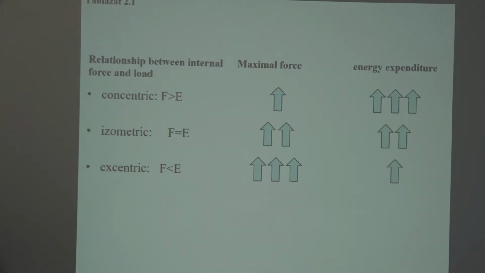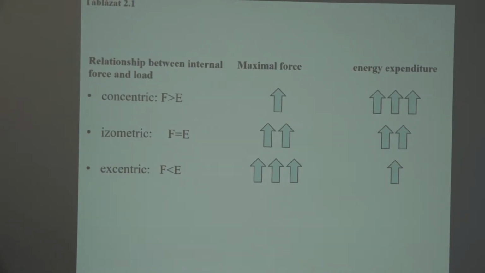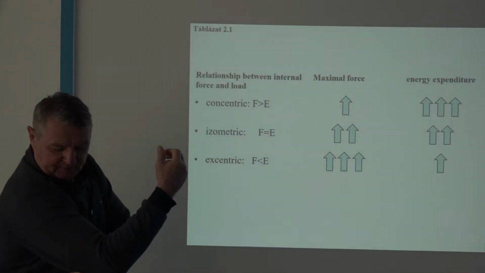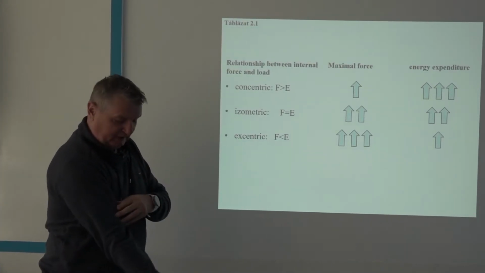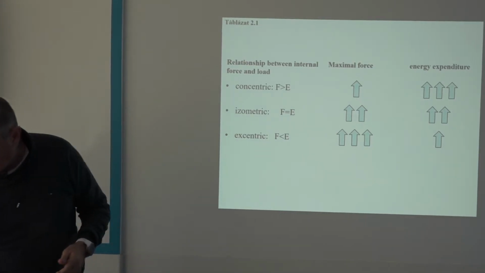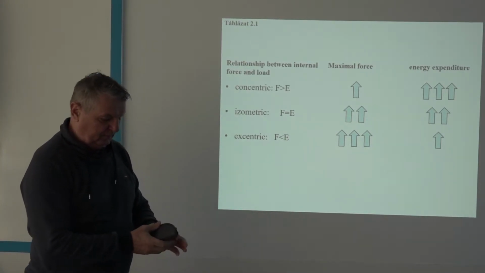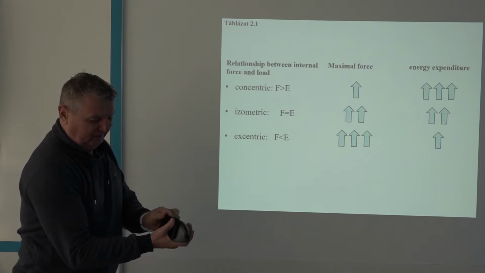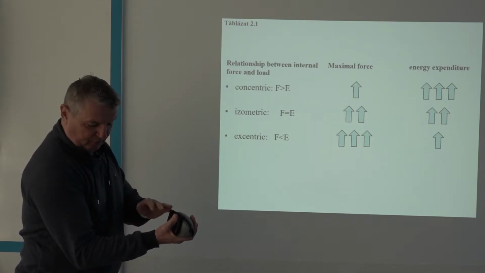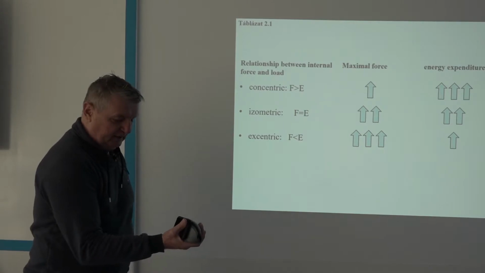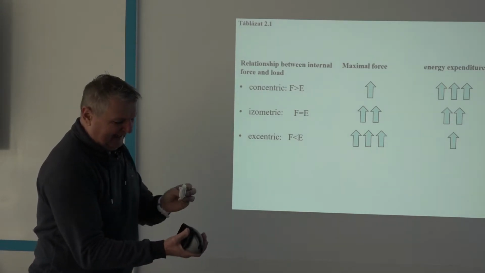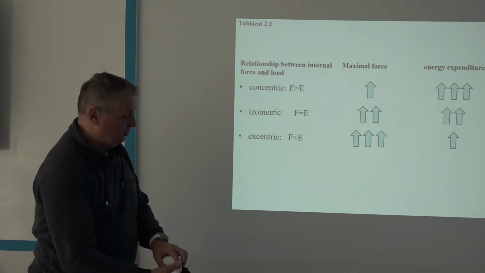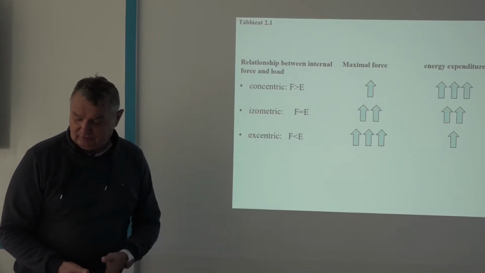We have three kinds. One is called concentric. If you see my fantastic biceps brachii, you can see. I was in the gym yesterday without effect. Anyway, so this is when I'm lifting my glasses. So this is concentric. And if I put an extra weight, my cell phone, and I cannot move because of the weight, that will be isometric. And if I put an extra weight, tissue, then it will be eccentric. So we have these three kinds of muscle contraction: